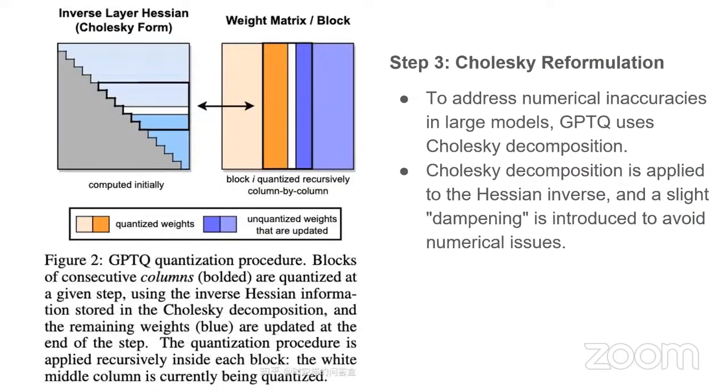Then there is Cholesky reformulation to tackle the numerical inaccuracy that arises with large models. GPTQ leverages the Cholesky decomposition. This step involves applying the decomposition to the Hessian inverse and adding a small dampening factor to improve numerical stability, and it will save computational resources as well. This reformulation is critical for handling large-scale matrices